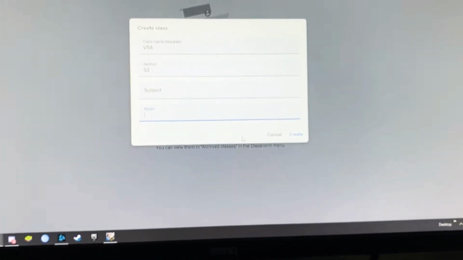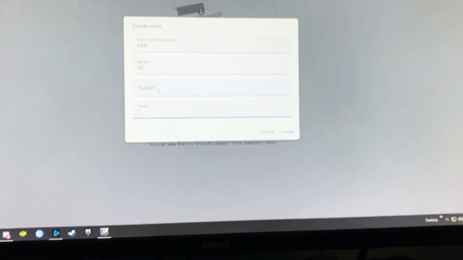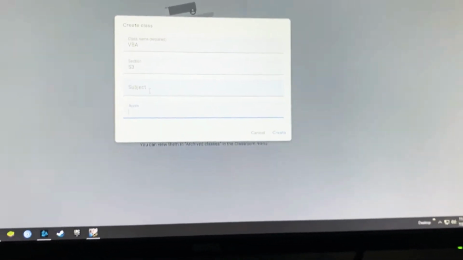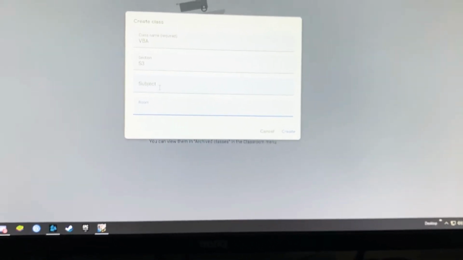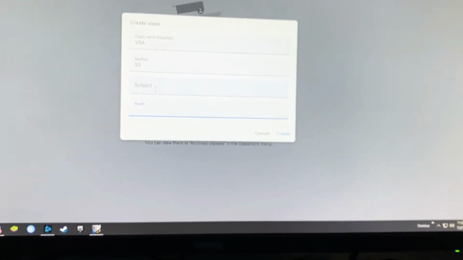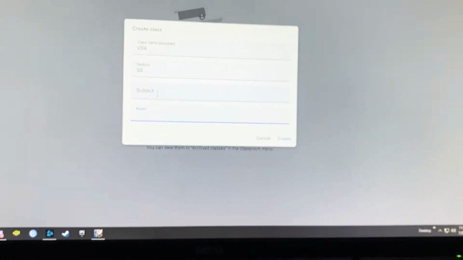Room, whatever. I mean, if you were setting this up for a school, I apologize for the French that I just spoke. I don't really, but